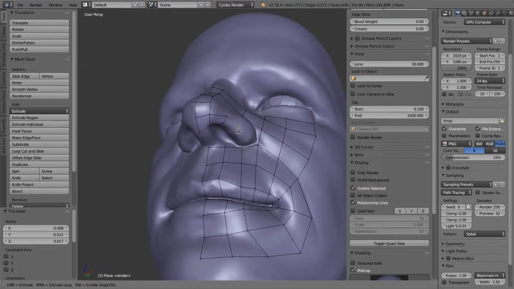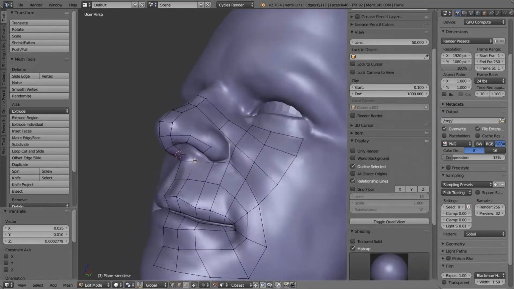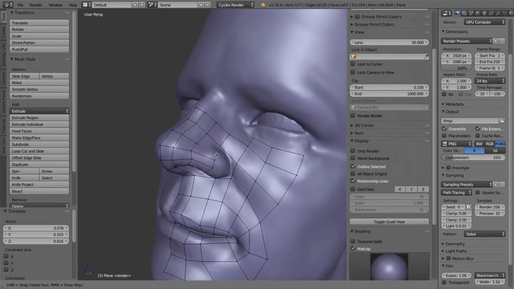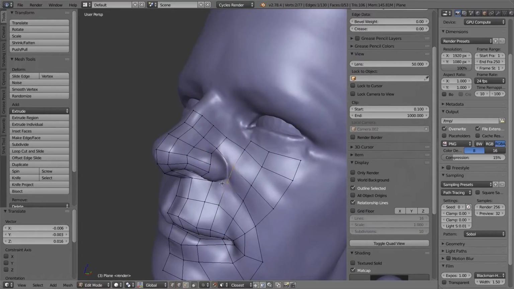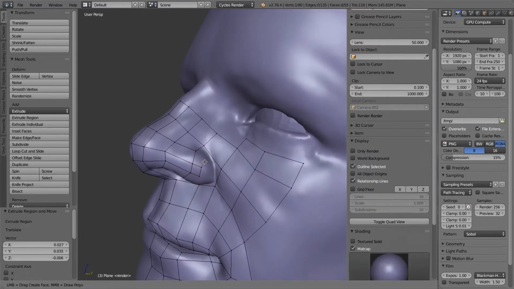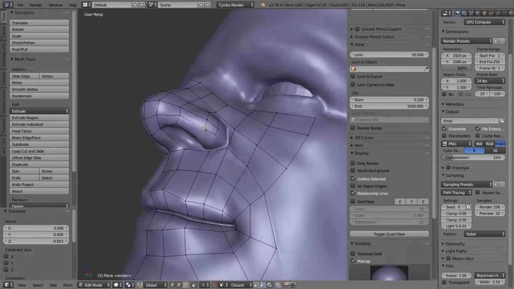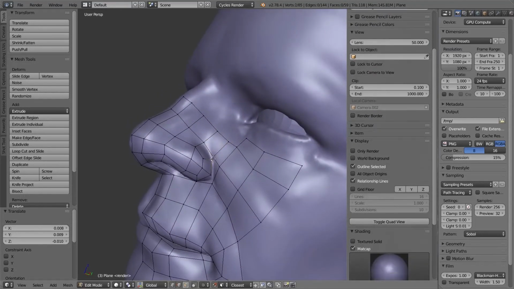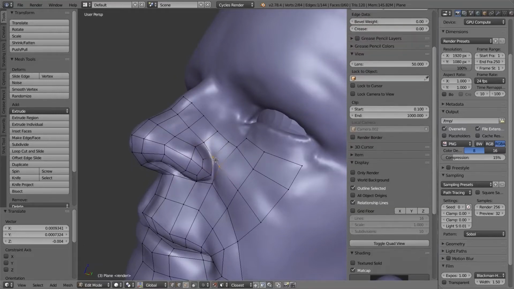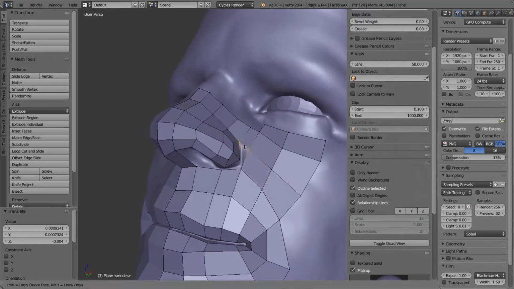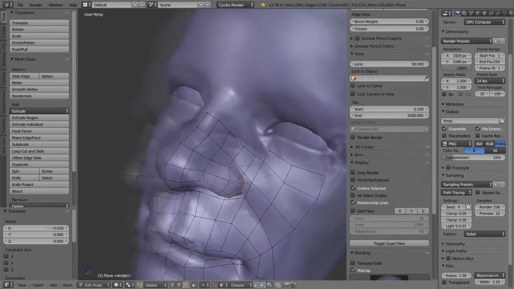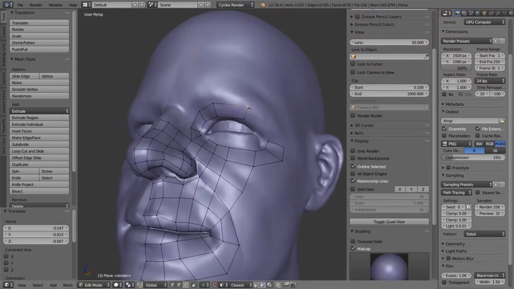But of course, as I said, you're free to use the native tools of Blender. I'm not doing anything that is not possible to do with the normal tools. So here you see that I'm making sure that I'm getting the edge around the nose, and I'm also making sure that everything is flowing somewhat decently around the mouth, and I'm also gonna eventually create the loop around the eyes. That's a typical way of modeling faces. So I'm not doing anything too crazy.